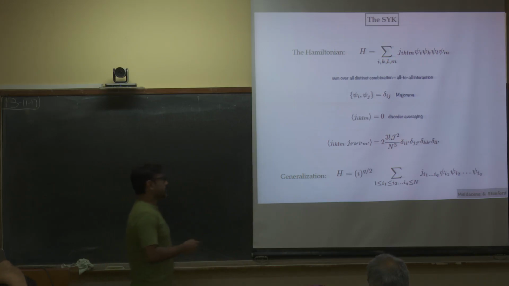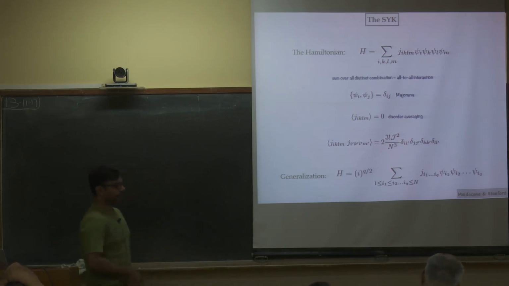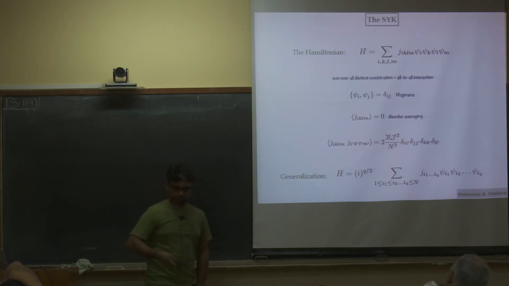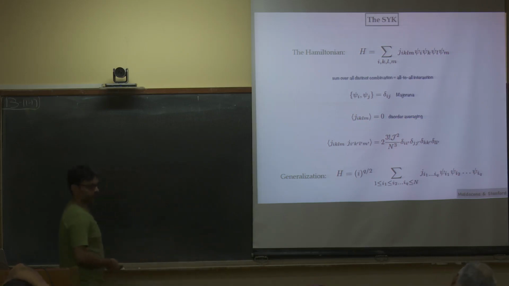There's a somewhat disturbing feature, especially if you want to recast or understand this Hamiltonian as a holographic model, in the sense that these couplings are actually not fixed. They are drawn from a certain Gaussian or random distribution, such that the expectation value is 0. So basically, whatever you compute with this Hamiltonian, at the end of the day, you have to do a disorder averaging. So there's an averaging associated, with a particular standard deviation, which I denote by this.